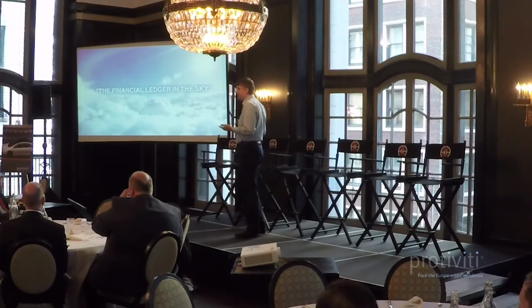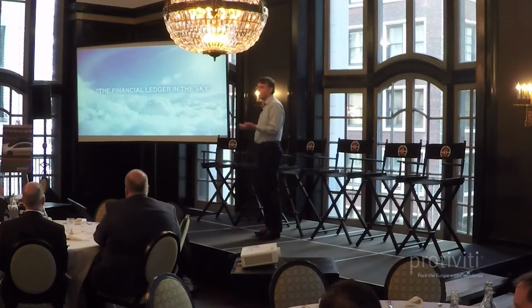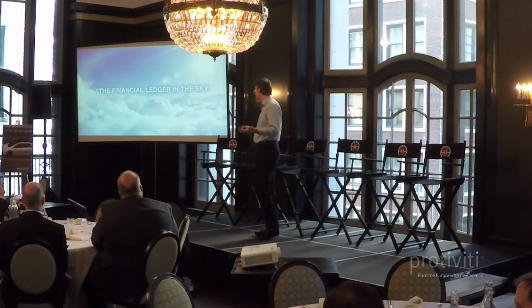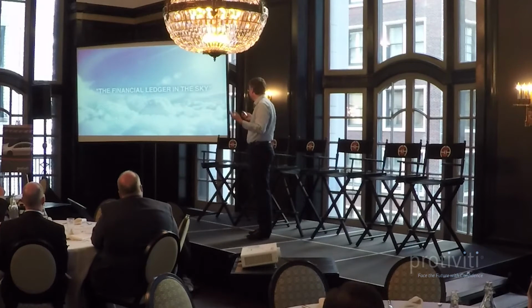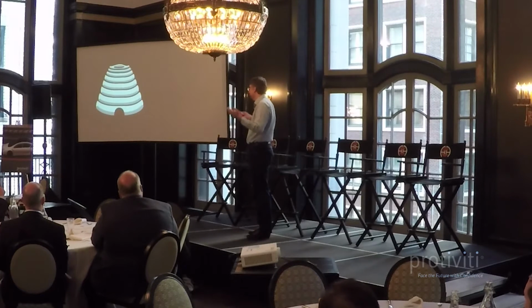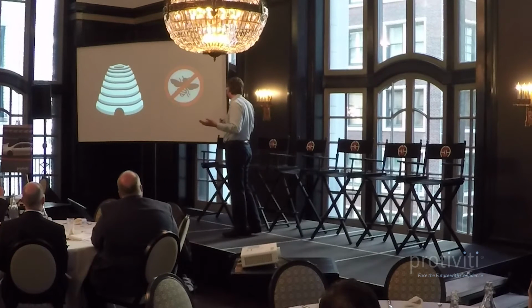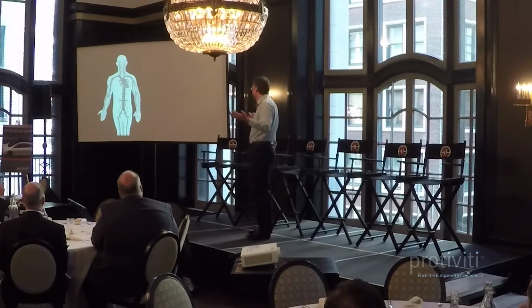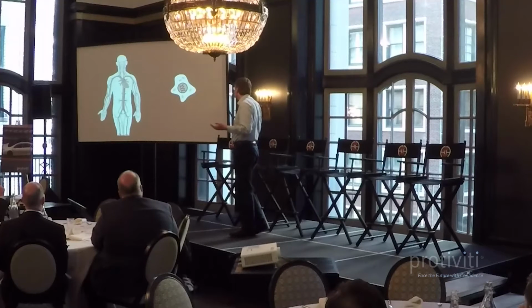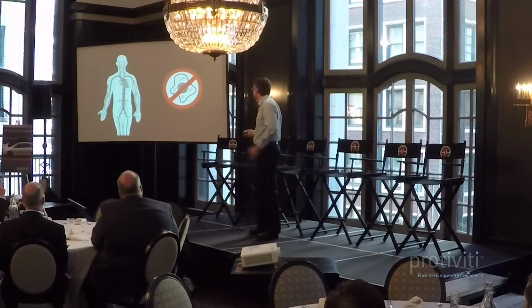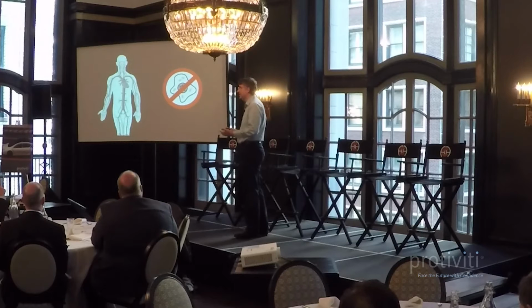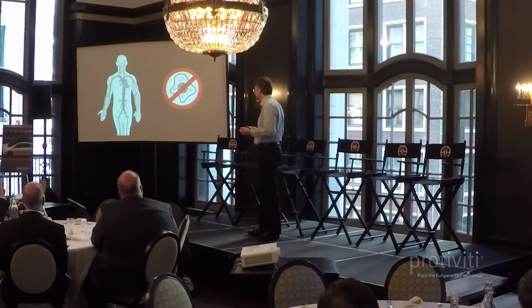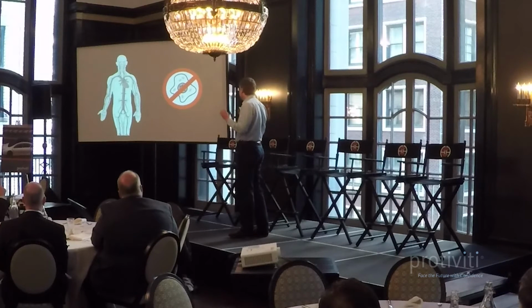The other problem with this definition is it doesn't really tell you anything about what the parts are that make Ethereum work. So this is sort of like trying to explain to somebody what a beehive is without explaining what a bee is. Or you want to explain to somebody how the human body works and what it does, and you never mention cells. So clearly, if we want to explain these things, the first place to start is let's talk about the individual pieces that make up the system. You don't really hear about that much with blockchain technology, and that's what we're going to be talking about right now.